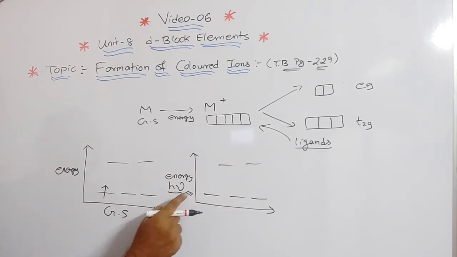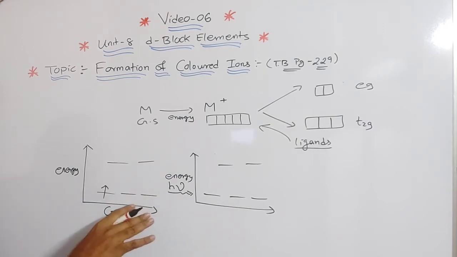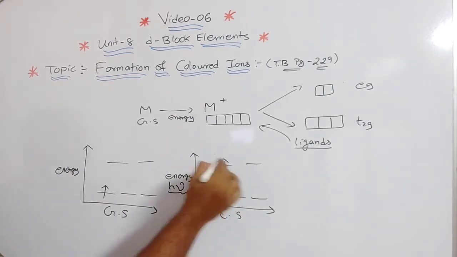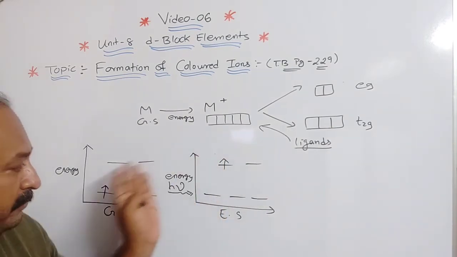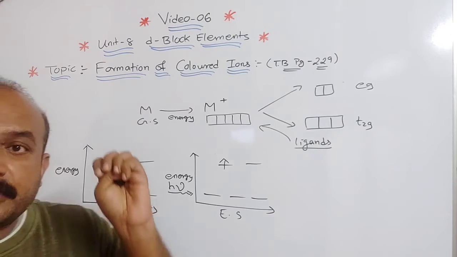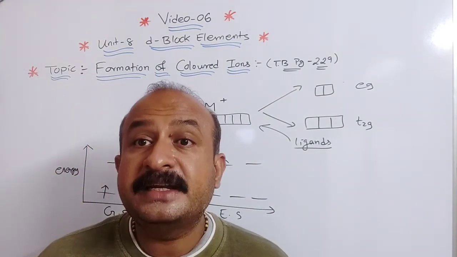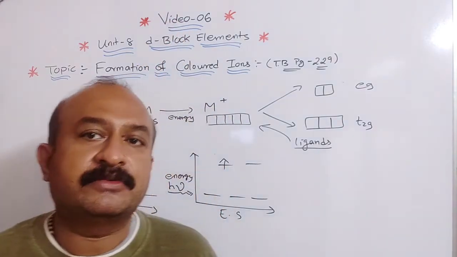After gathering energy, the electron which is in the lower energy or ground state changes into the excited state; the electron jumps to this position. Afterward, when it returns back to this position, it has to reduce its energy, and it emits its energy in the form of light, that is what you see in the form of color.